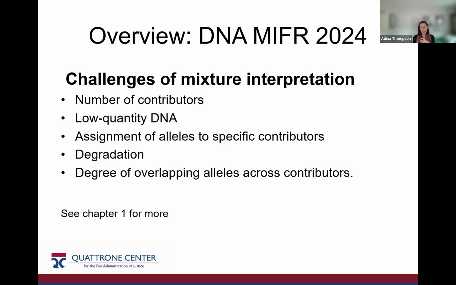Additionally, when you have these complicated mixtures, when you have 3 people, 4 people, 5 people in a mixture, it's difficult to understand and assign individual pieces of data to the individual contributors. So practically, if you are looking at an electropherogram and you notice a bunch of peaks in one place, and you know that you have 3, 4, or 5 people in your mixture, it's difficult to determine whose numbers belong to whom. It's not obvious, and it's difficult to assess that.